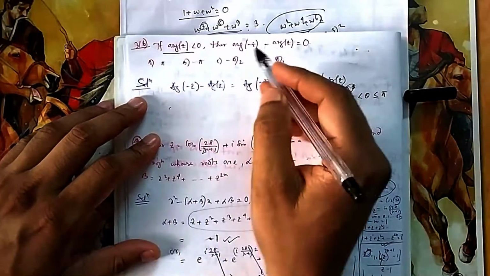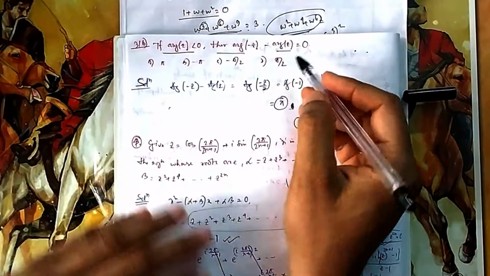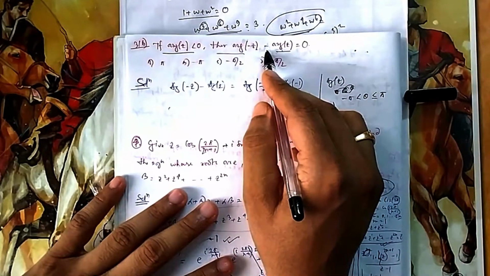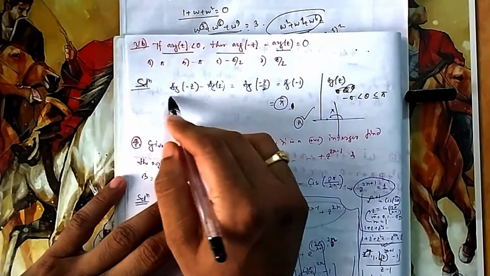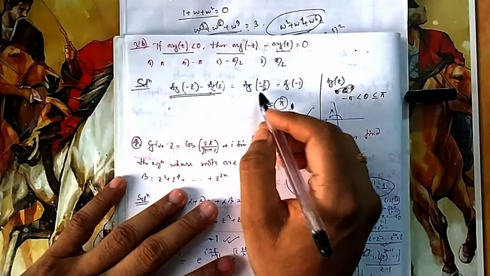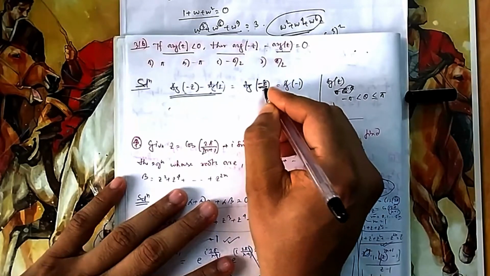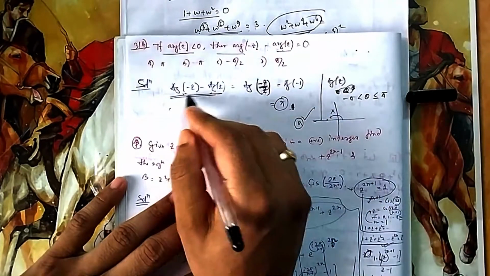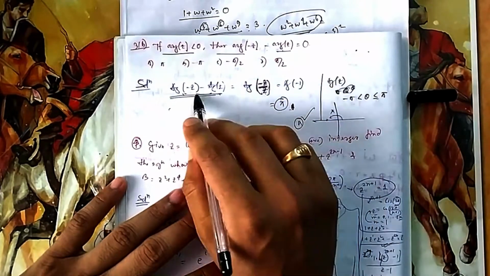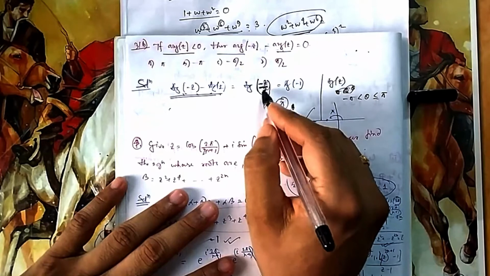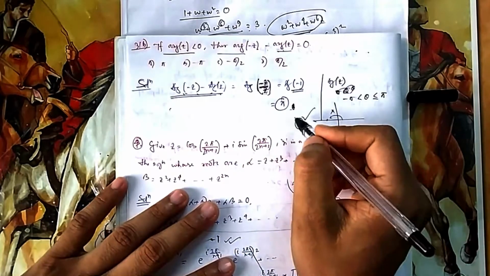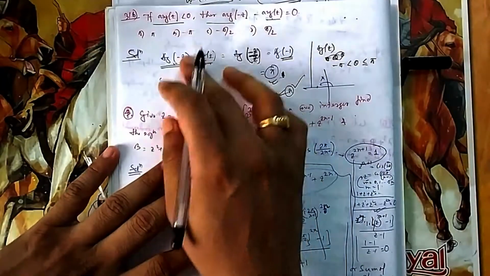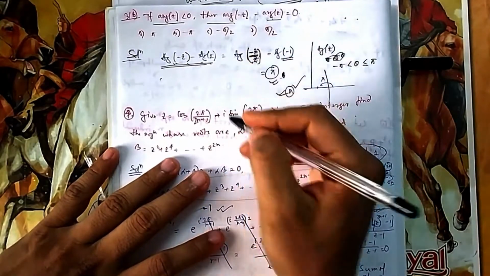3B. If argument of Z is less than 0, then find argument of minus Z and minus argument of Z. Okay, so you know when arguments get subtracted, it means you are dividing. So this is subtraction, which means you are dividing minus Z by Z, because this was the original function. Once you divide, the arguments get subtracted. If you cancel out Z, it is argument of minus 1. What is argument of minus 1? Pi. So that is your option A. Argument of Z is negative doesn't make sense here because Z already gets cancelled.